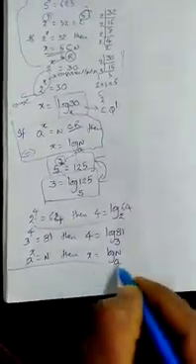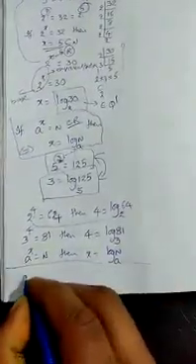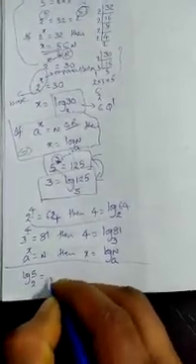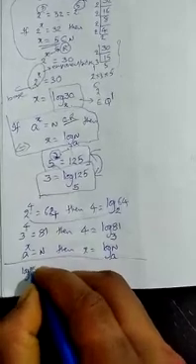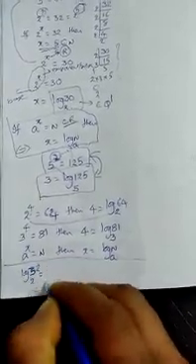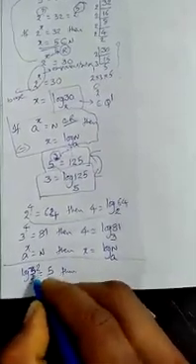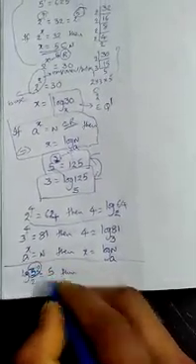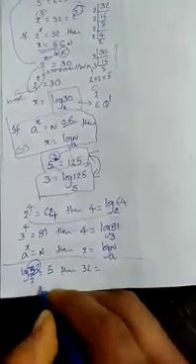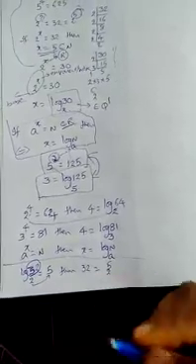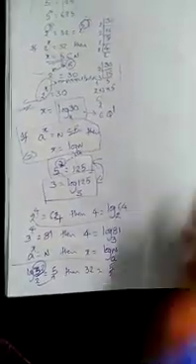Now, the same thing in reverse. For example, I am giving you log 32 base 2 equals 5. Then how to write 32? This base will act as the base here: 32 equals 2 to the power of 5. Yes, it's correct. So this is a conversion of that and this. We'll observe one more example.